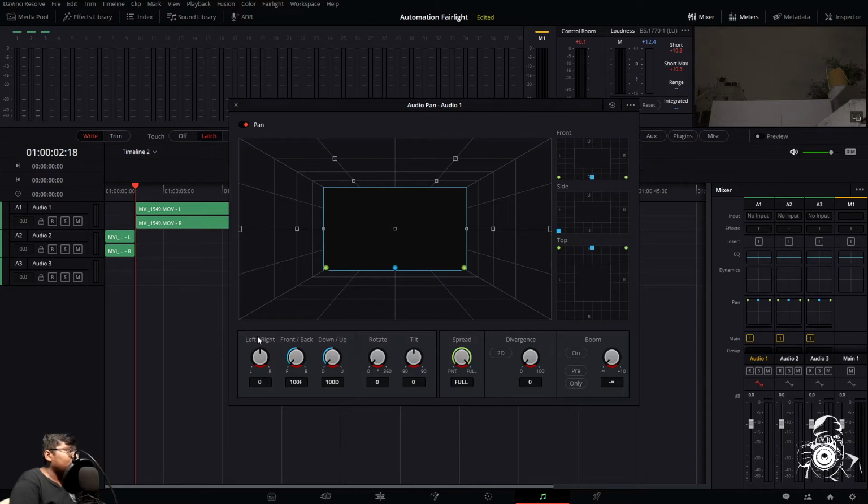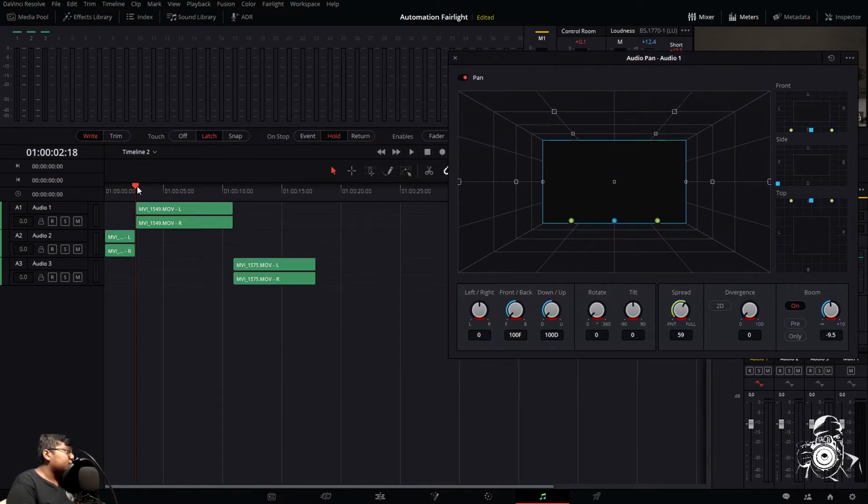First I'll keep it down. Okay, let it be in front. Spread, I'll put little bit back over here, and now let's start playing and it will record automatically. I'm just gonna do the down up because it's going up. Boom. Even boom I'll on. Little bit more. Okay, not much. Okay, ready, go.